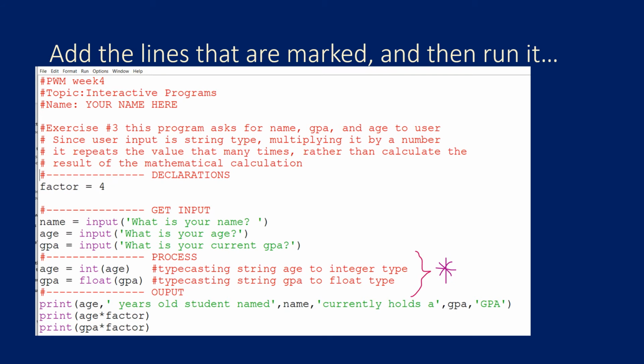So in our code to add the typecasting, we just need to add 2 lines of code only. We're going to add the process section in the algorithm. So far, we only had a declaration, we were getting input, and we were displaying the output. Now we're going to convert from one data type to another one, so we're doing that in the process. So we add the process section in the algorithm as a comment line, and there are only 2 new lines